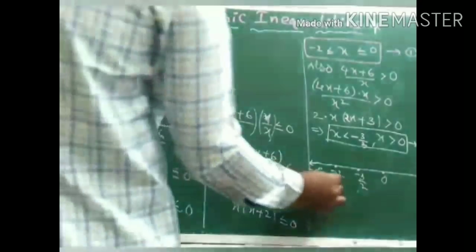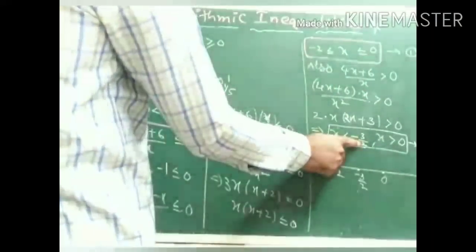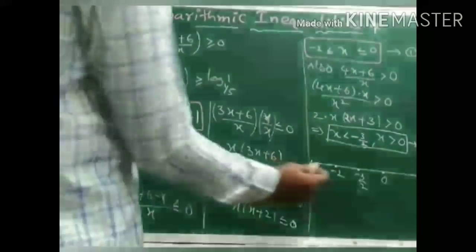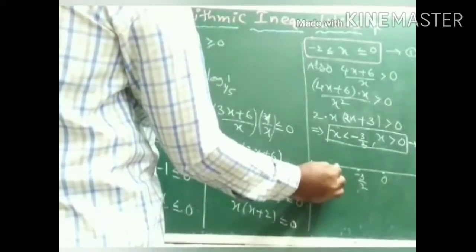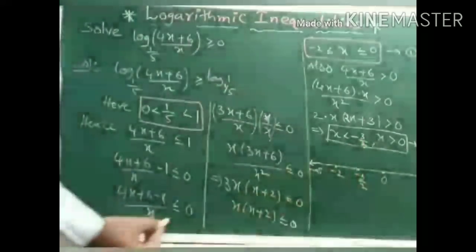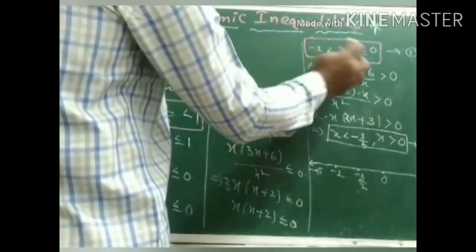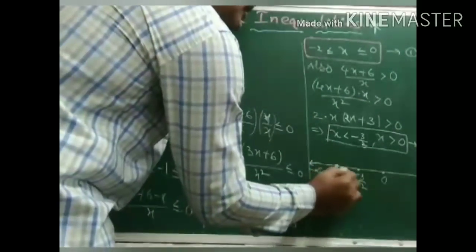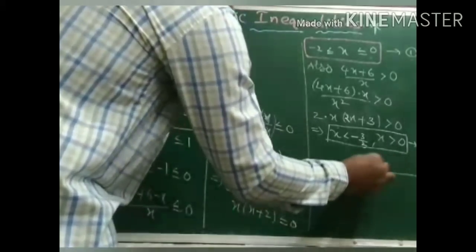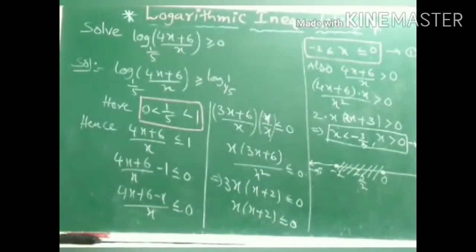So take the help of the real number line, which is minus infinity to plus infinity. Just look at the numbers, what are there here? 0, minus 2 and minus 3 by 2. The smallest one is minus 2, you can locate it. And next one is minus 3 by 2. And next number is 0. Now look at the first one. It lies between minus 2 to 0 including them. So including minus 2, including 0 and lies between, that is the solution of case 1. Right? From minus 2 to 0 including both of them.